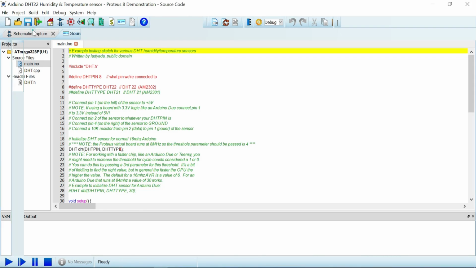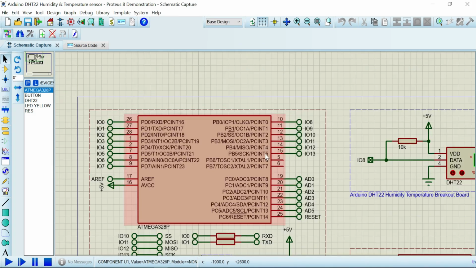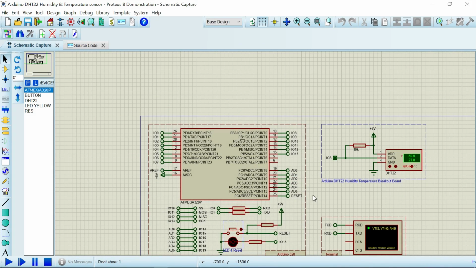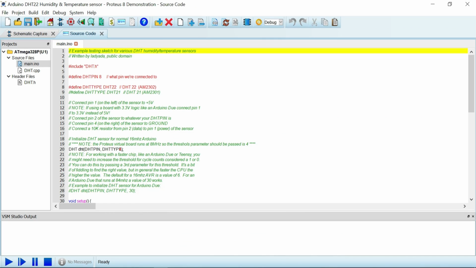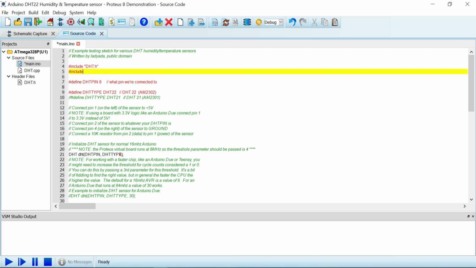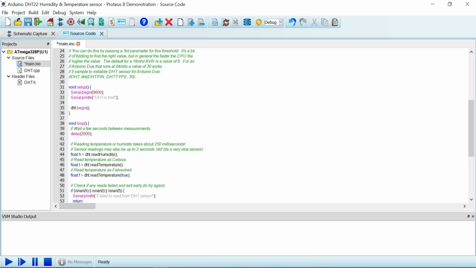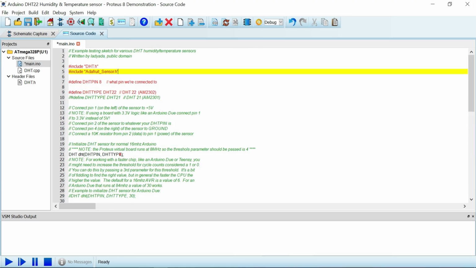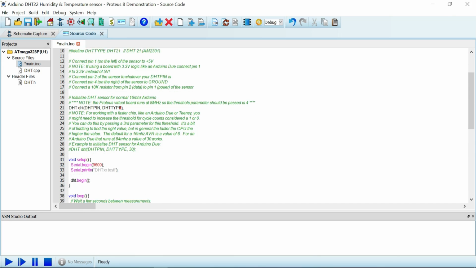So as you can see, the Proteus software has already made a design of its own. Now my work is to show using the LED the different categories of temperature and humidity according to the instructions given. So I'll first add a line here, which I had to add because otherwise I was getting a compilation error. Now I have added that, I have included the Adafruit sensor header file, after which I will add